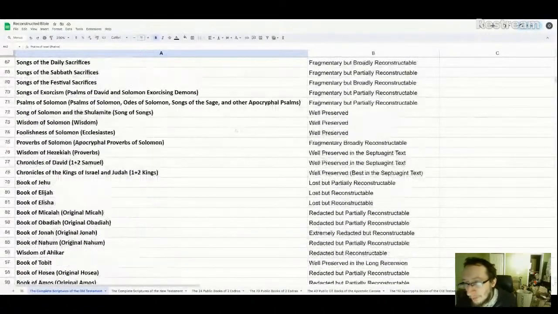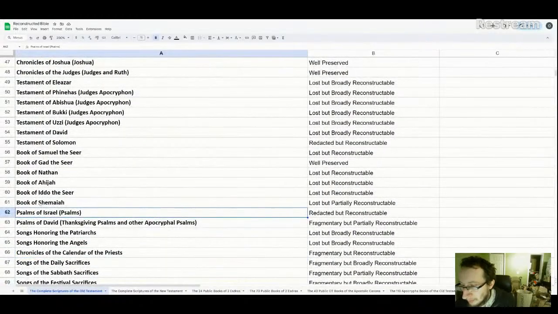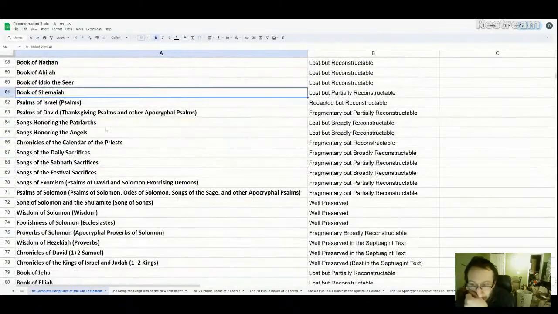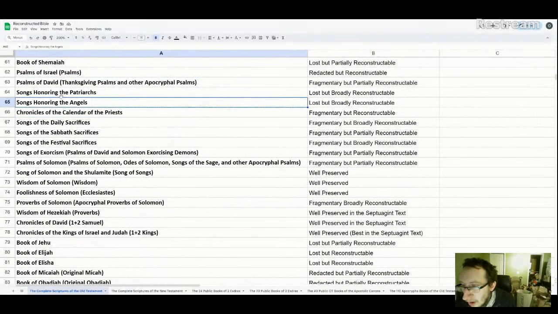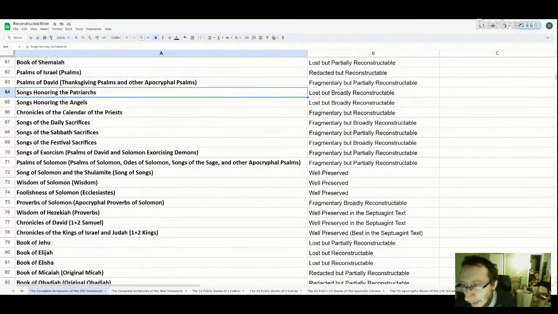I see one person on, so why don't I just share? I'll just show you the list of the books, just so you can have a cool preview of what the books are going to be. So we finished to around book 61 in my list. The next books we got here, Psalms, then there's just various apocryphal Psalms of David. I have some songs of David or Psalms of David that I believe also existed in special books like compilations. The reason I call it Psalms of Israel is because it's not all by David.